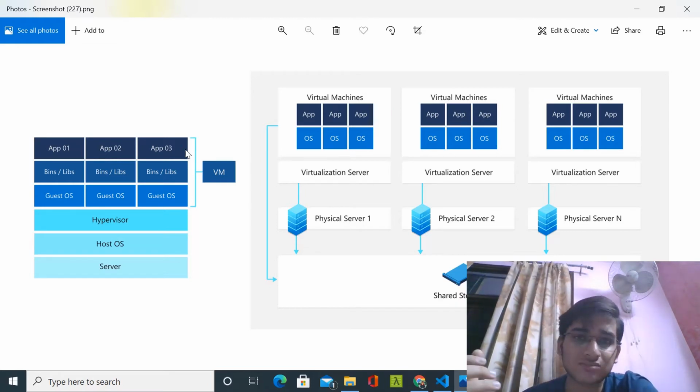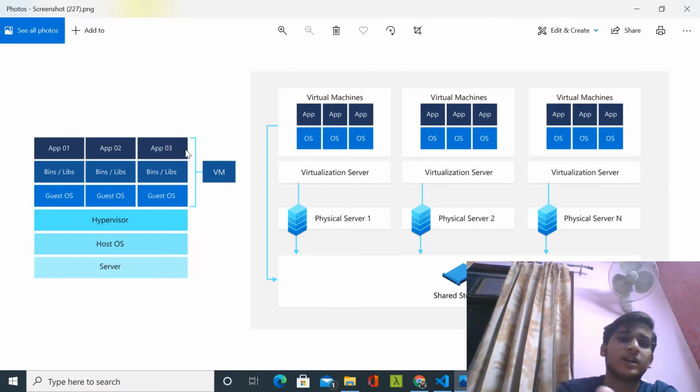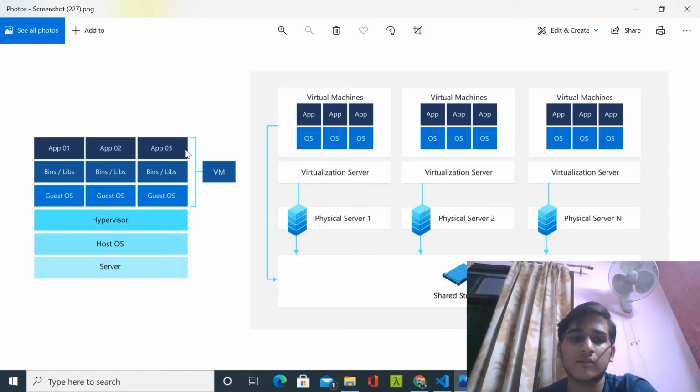The application is not interacting with the CPU directly. There are many layers between them, and this makes the whole process very slow. So here containers come into the picture.